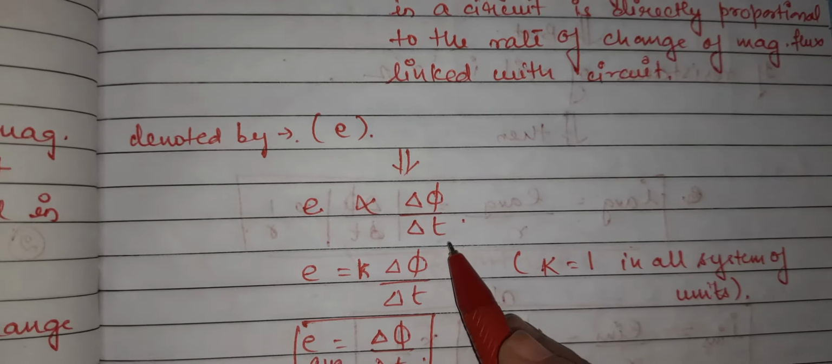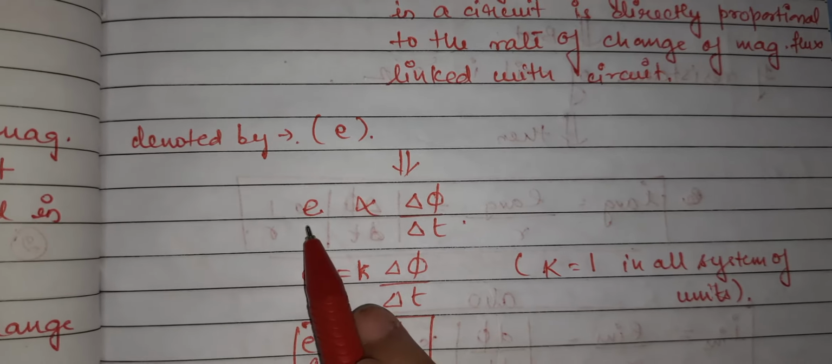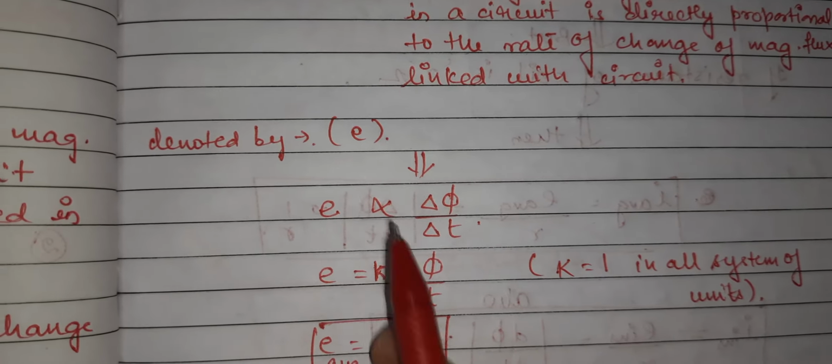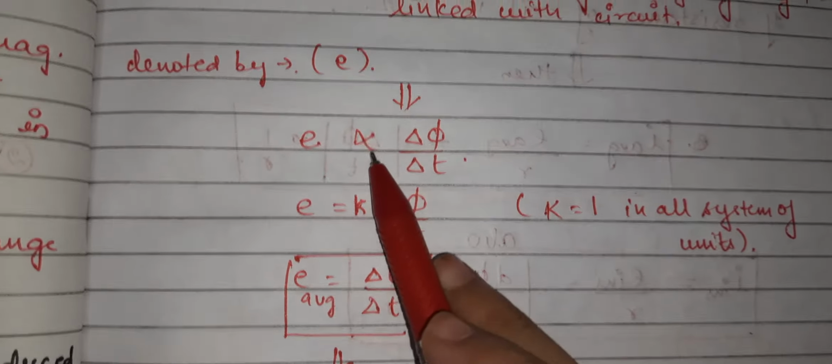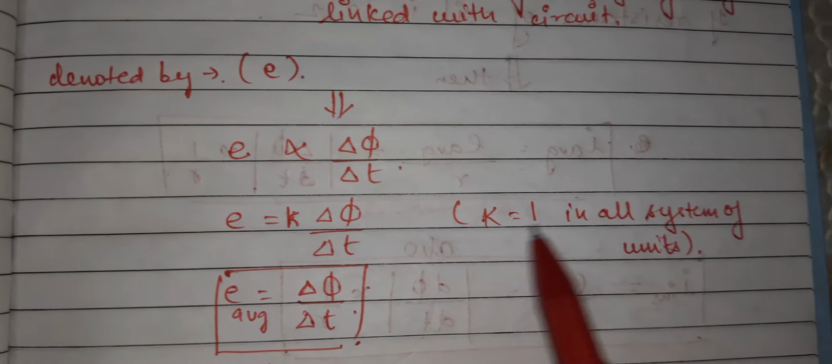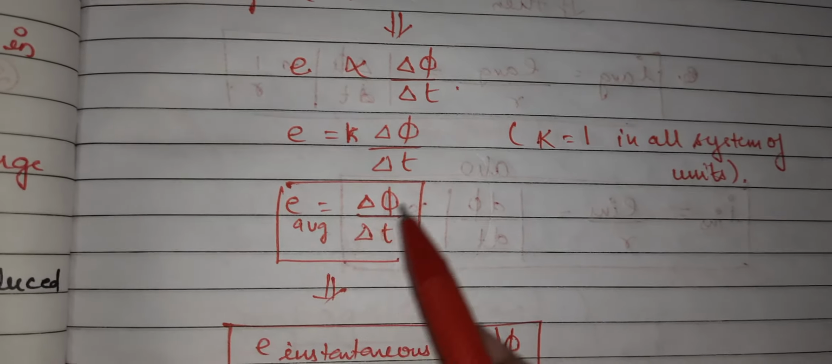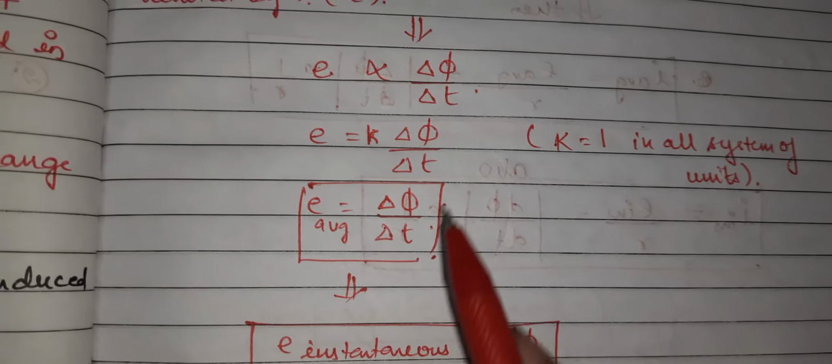If the rate of change of magnetic flux is very slow, meaning the flux is changing very slowly, the EMF generated will be very low in magnitude. So I want to change the proportionality sign into an equal to sign. So I will keep a constant k, which is equal to 1 in all systems of units. So in that case, what I can write, magnitude wise, whatever I am talking about right now is about the magnitude,